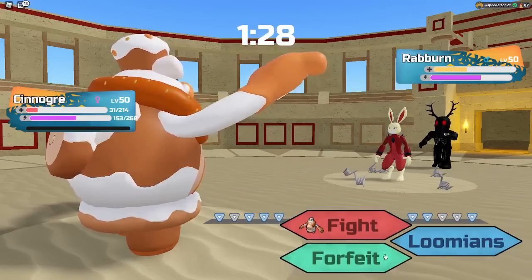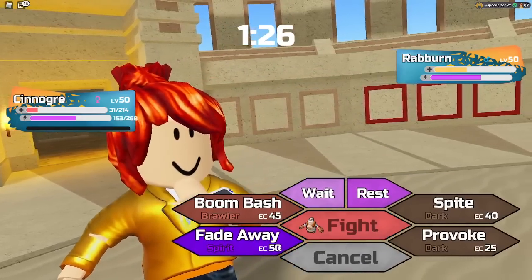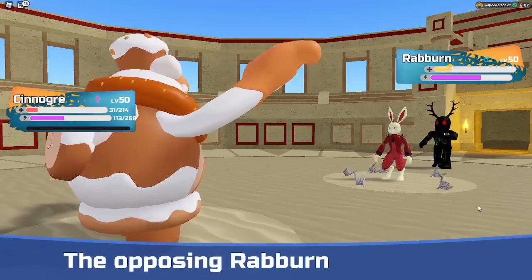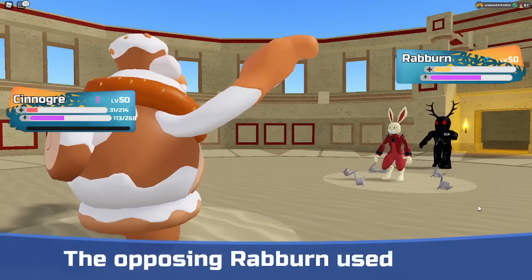But I think, honestly, I could Spite this thing and then just win with Tatab. That or I fade away and go into Tatab. I think I'm just going to Spite, though. It's the most damage I can get versus this thing, and it's very, very minuscule, but...